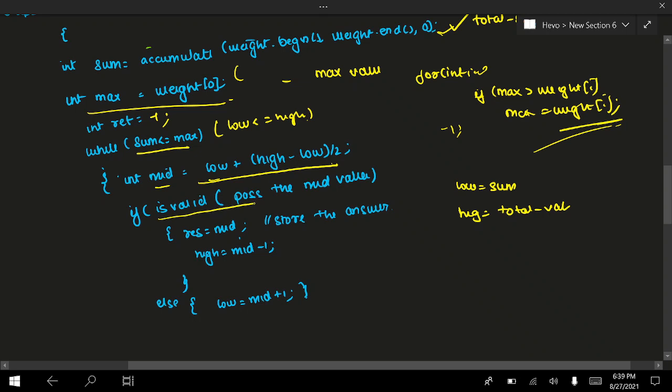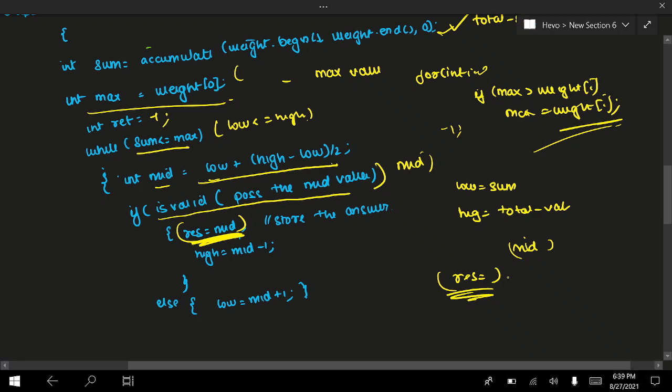Now we just perform a binary search. If for a particular mid value it is possible to deliver the weights, we change the res value over here, because that's the weight we can definitely say that the ship can carry and deliver all these products, right? So this is basically storing the answer, and we have initialized res to -1, and we have to check if it is actually possible. So if for the mid value it is possible to deliver all this weight, we just change the value of res.